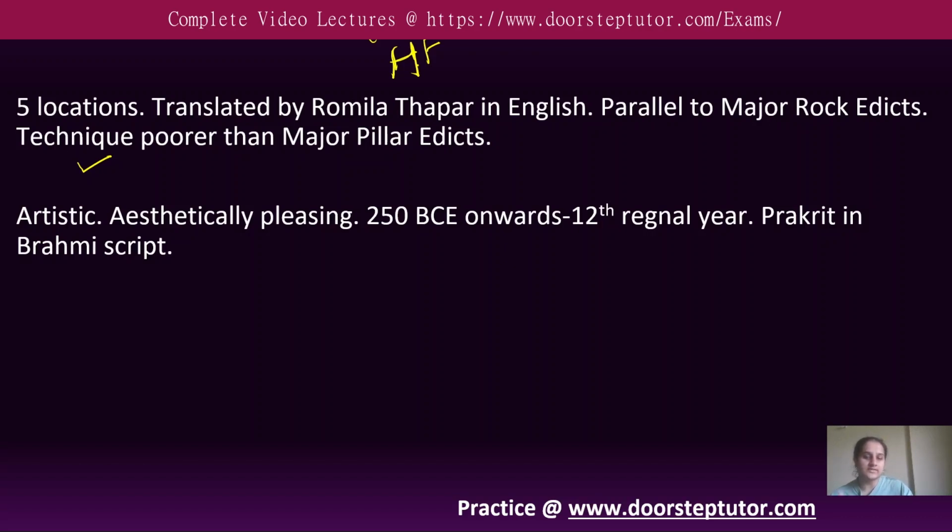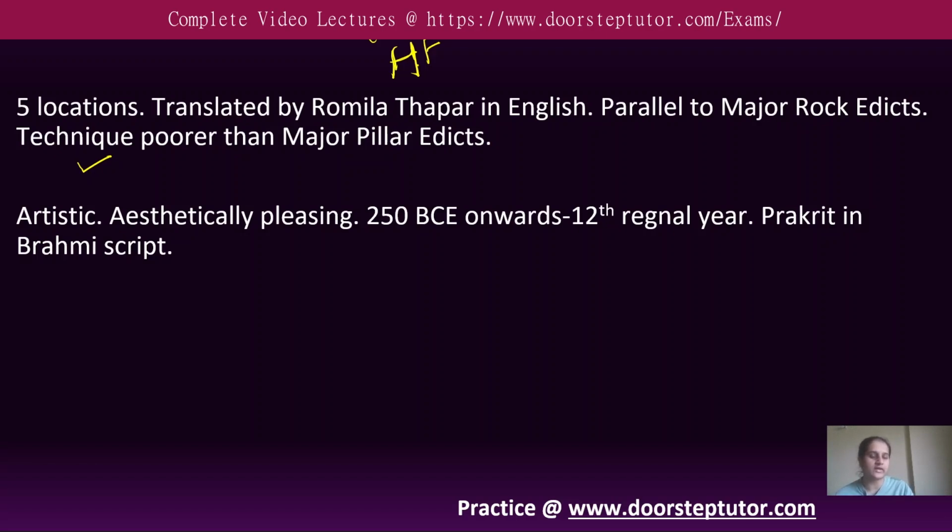These artisans were then called from the Persian Empire, who were already very well versed in creating these artistic designs, and hence the artistic design we see in these capitals is of very high quality. But the inscriptions and engravings, the written part of these pillars, were done by Indian artisans, who were at that time not very highly skilled, unlike their Persian counterparts. So hence the engravings are very poor.